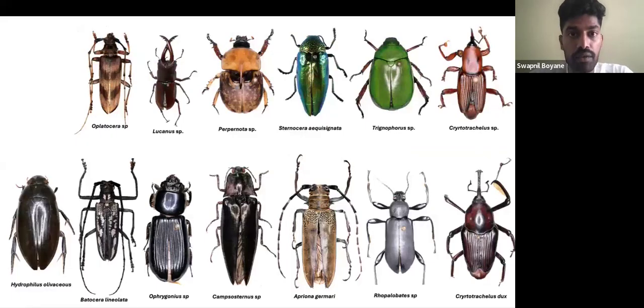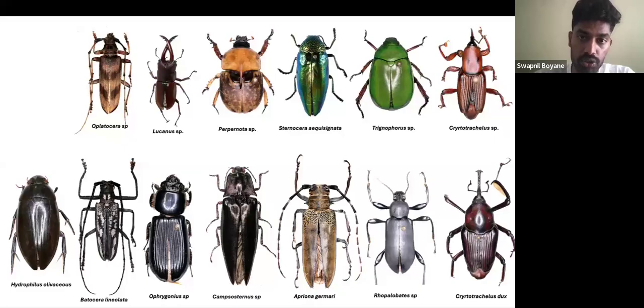And now we have some examples of beetles. What you see on your screen right now, these are all edible beetles. All different kinds of beetles, from terrestrial to aquatic, are being eaten in northeast India. The reason I have included these images is that these were collected by ourselves when we were working